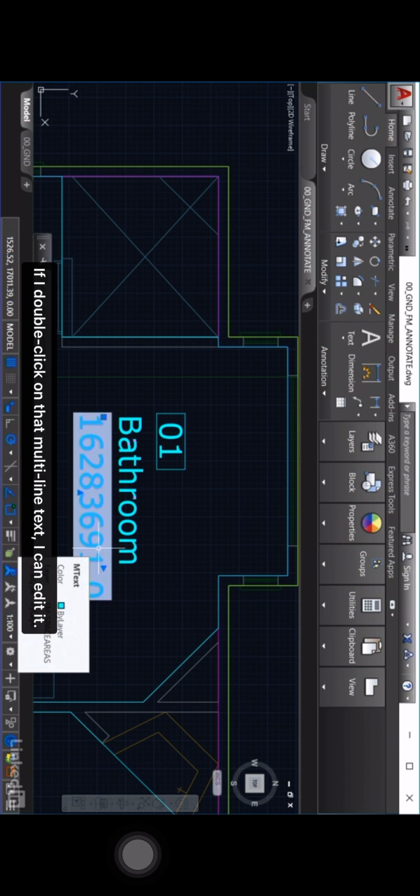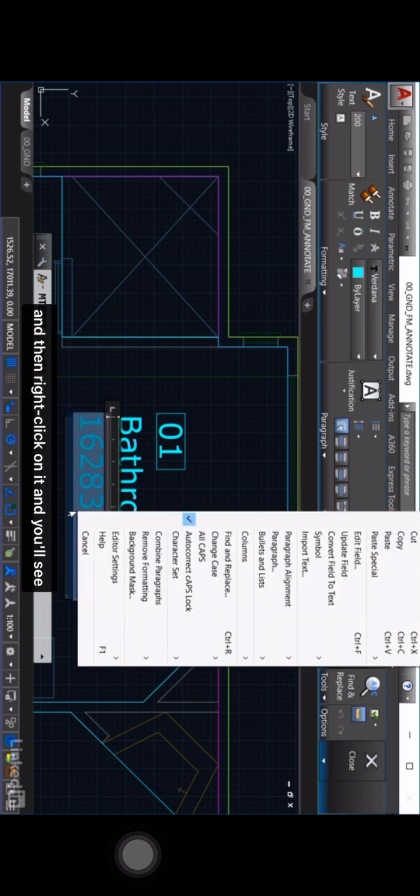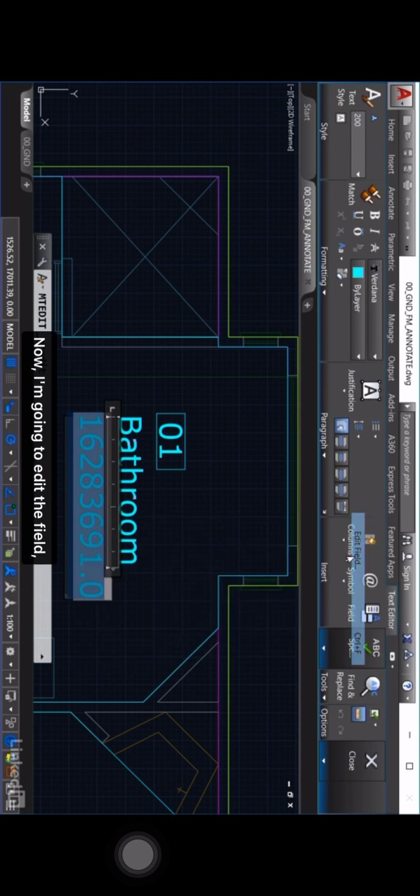If I double click on that multi-line text, I can edit it, and what I'm going to do is highlight the text like so, and then right click on it, and you'll see that I can edit the field like so. Now I'm going to edit the field, and it takes me into the field dialog box. So you should recognize this. There's object, there's the property area of the polyline, and there's that huge area value in the millions of square millimeters. Now what we're going to do is go to additional format,